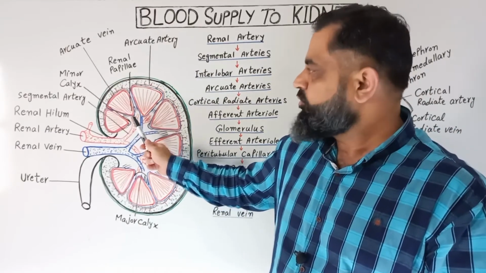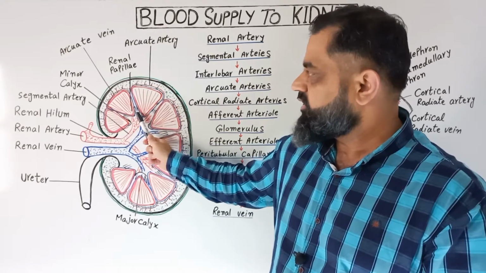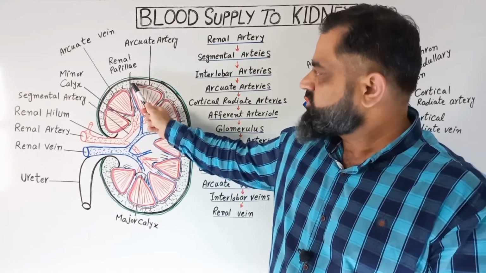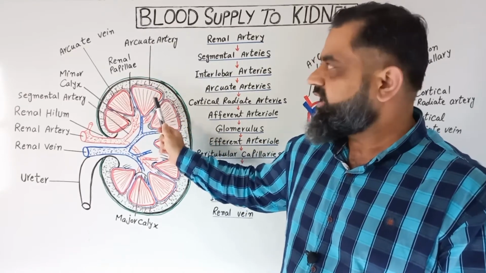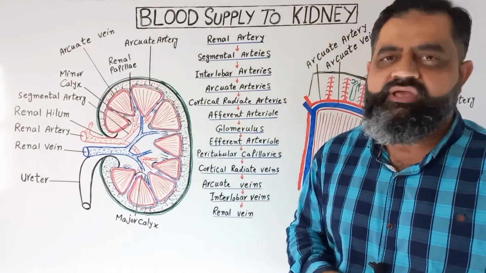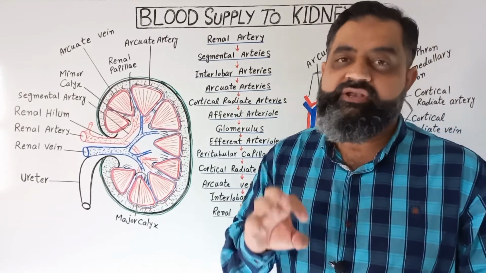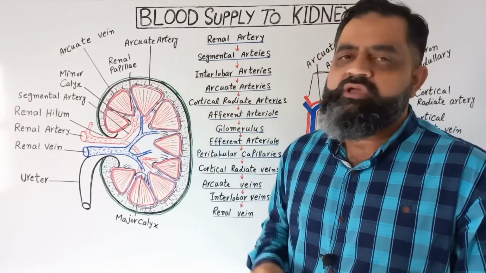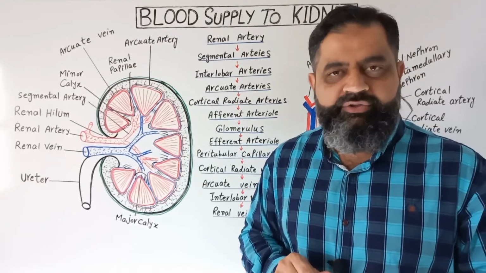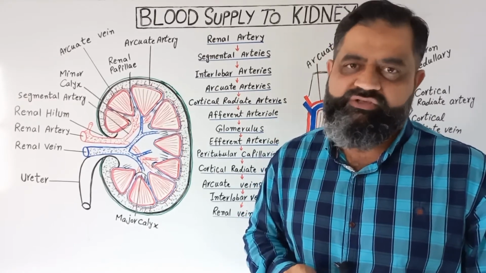interlobular arteries. Interlobular arteries radiate in the space between two renal pyramids and then go around the renal pyramid and form an arcuate artery. The arcuate artery then divides into radiate arteries, cortical radiate, as you can see right over here. The cortical radiate artery then divides into afferent arterioles, which lead into a tuft of capillaries known as the glomerulus,